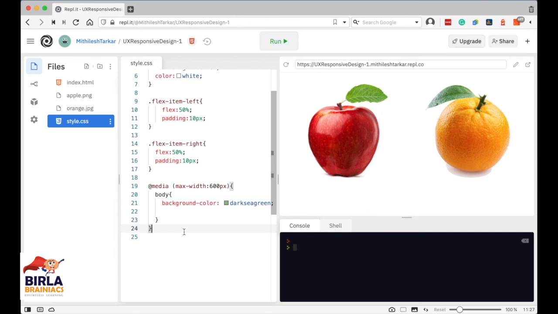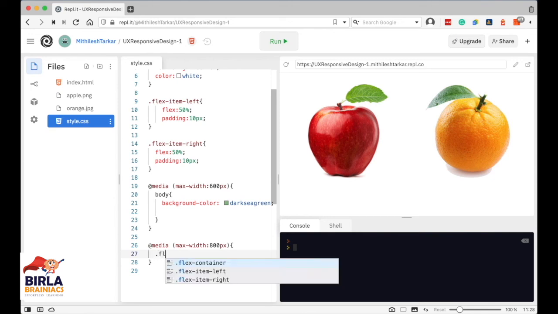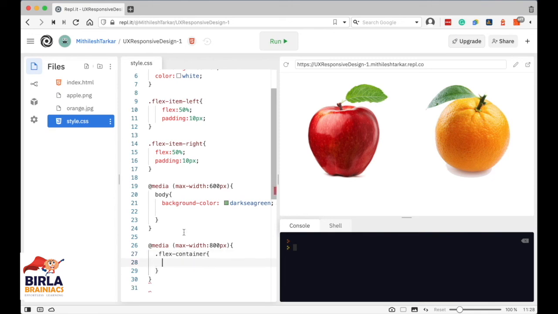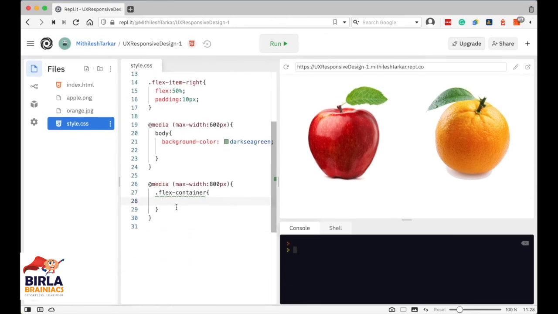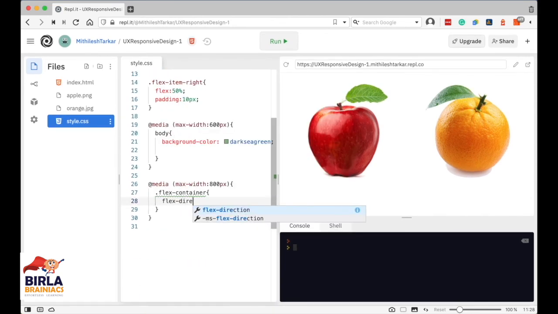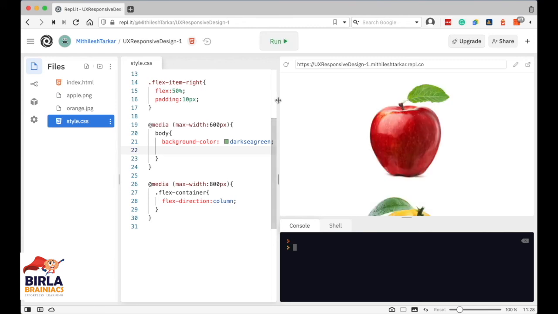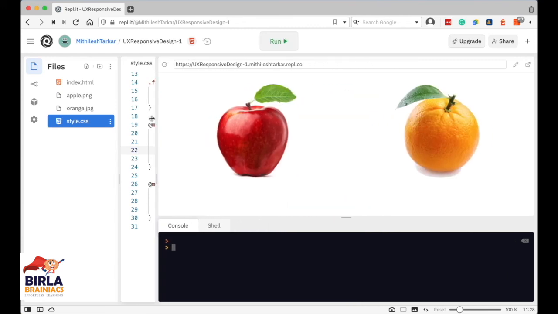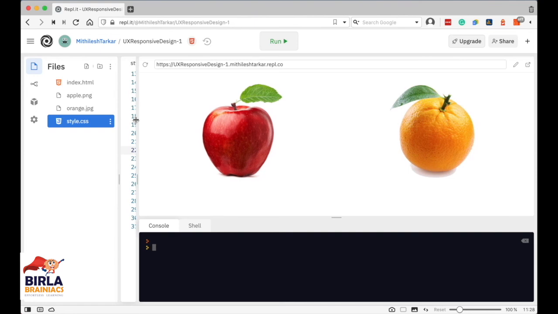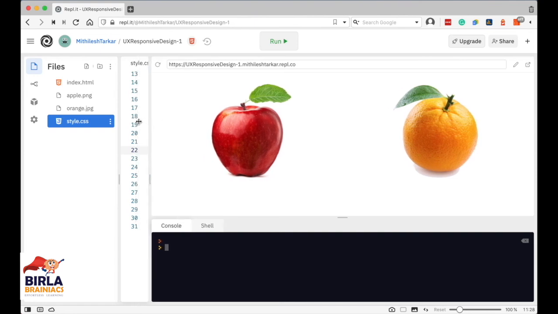So what I will do here is I'll say media, and let's specify max width is 800 pixel, and then we will select the flex container. Alright, and we will say flex direction as column. Alright, so now let's run this and notice the change. What is happening when the website is on a larger device?